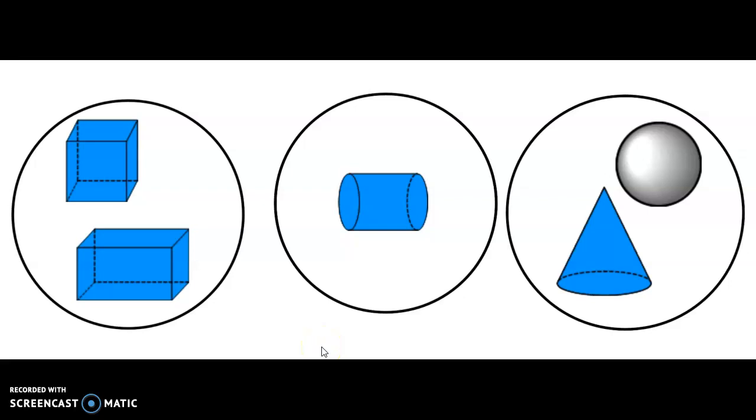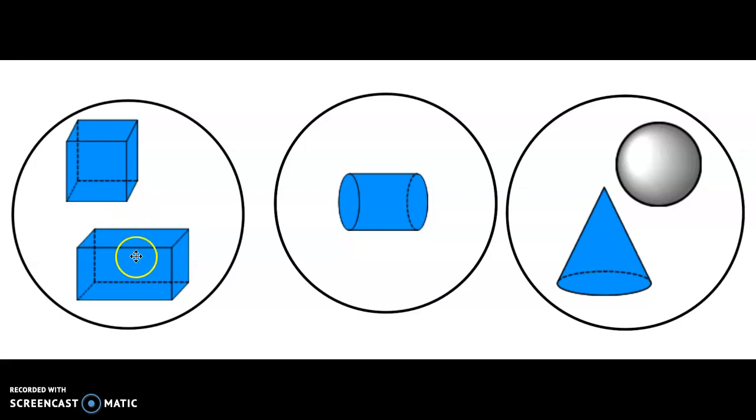Hi, first grade. Today for math, we are going to continue talking about solid figures. And yesterday, if you remember, we learned about the attributes or properties of solid figures and the way that we identify solid figures. So for a quick review, here we have our cube, which has 6 flat surfaces and 8